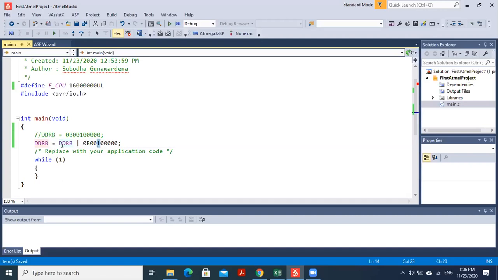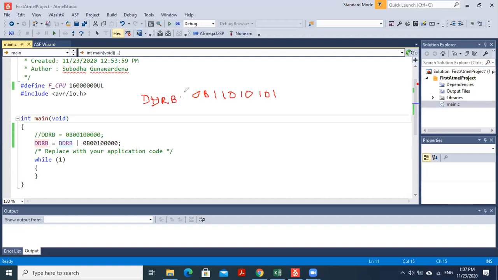So now assume this one's value is, let me take this pen. Let's say my value was 0B11010101 or something like that. So let's assume this is the value in DDRB right now, right?